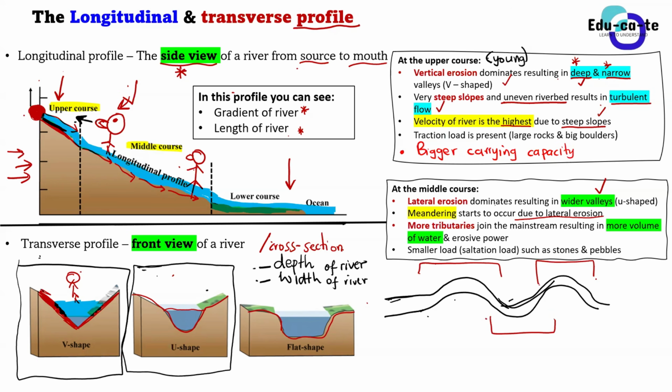It's no longer flowing straight downstream, but as it's flowing downstream, it bends and winds and bends, meandering. So when your river is now making a snake-like shape, your river is meandering. What's causing it to move side by side? It's because of the lateral erosion. Because lateral erosion, guys, is sideways erosion.